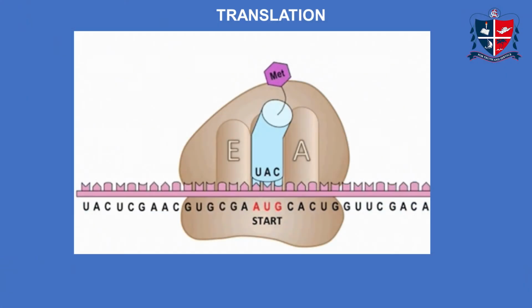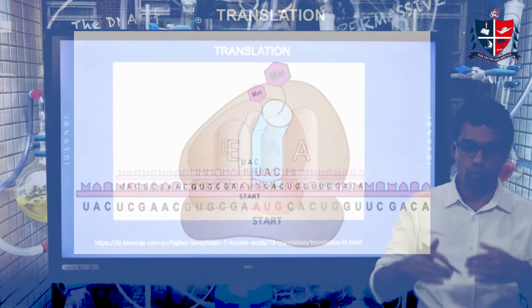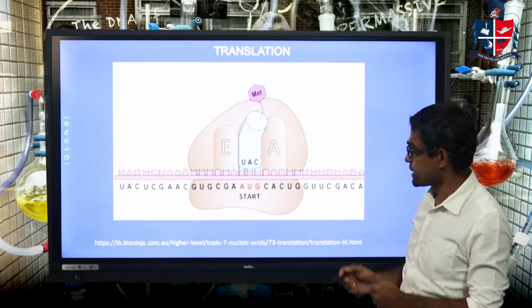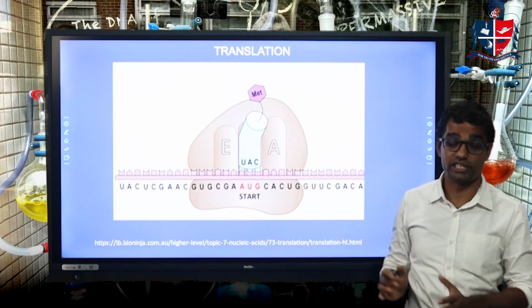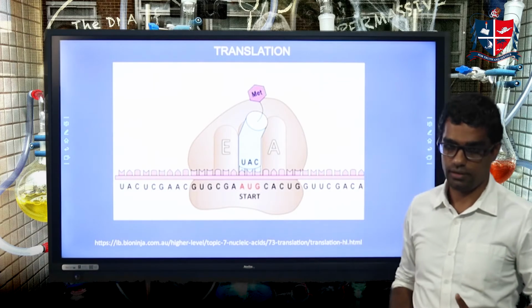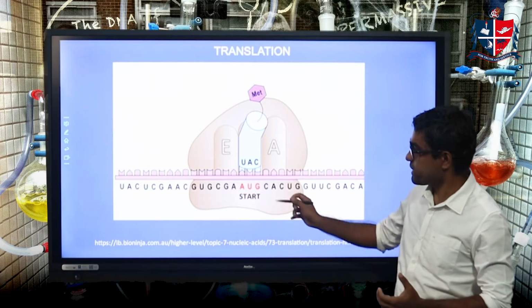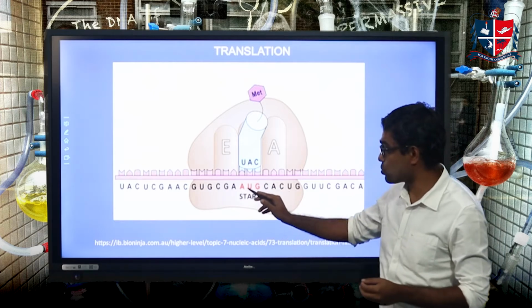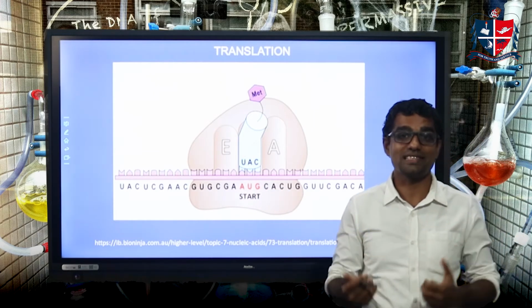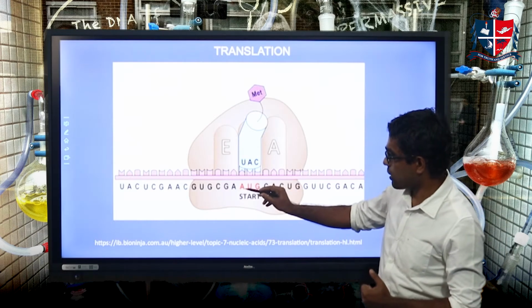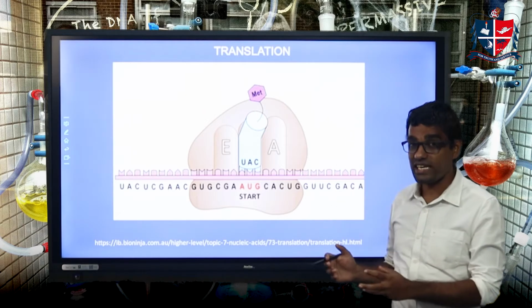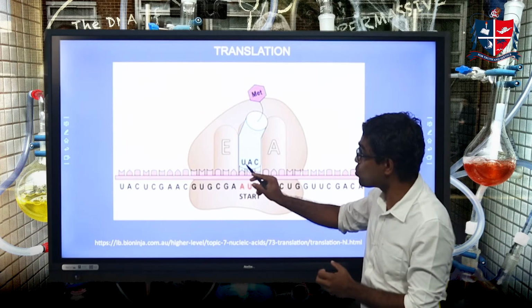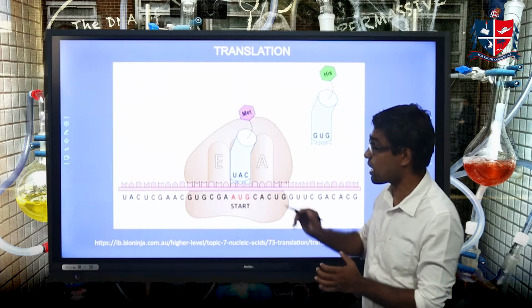Now, in translation, this is where the real peptide bond is formed. In translation, you see the mRNA is there in the ribosome. This is the pictorial representation. I will show the chemical representation later. You see, when a start codon AUG comes, the protein synthesis is initiated. Now AUG is the codon, and an aminoacyl tRNA with anticodon UAC comes.